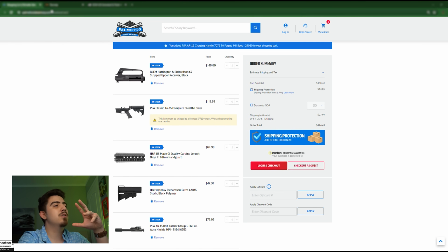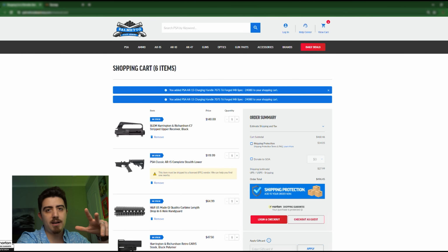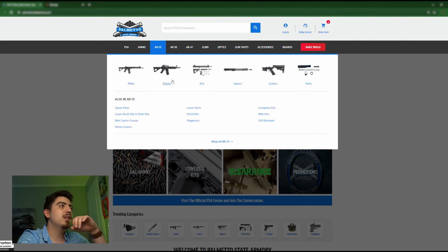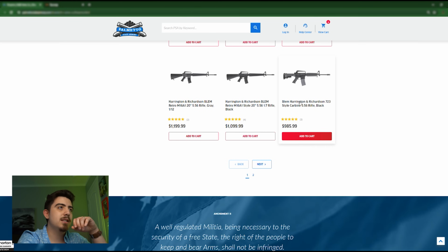Now, of course, if you don't have the tools to assemble it, that's another factor. If you're gonna have a gunsmith do it, you're gonna pay somebody to do it for you. That's another factor to take into consideration. But my point being is that you can get a gun that is much more, right? So let's take it back to the original H&R gun that they were selling here. The 723 is really a 653 gun. Let's take a look. It's a Blem, okay,